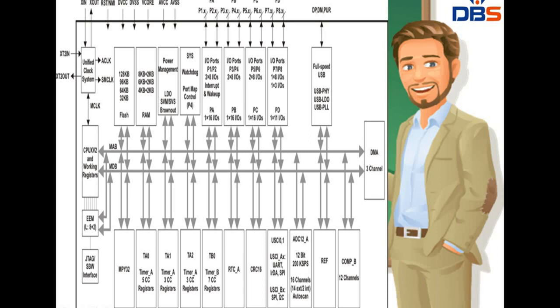Coming to the real-time clock, here RTC, this is configurable for real-time clock with calendar function. That means this real-time clock is used for calendar function in order to tell us the time, date, month, year, or in a format we have seen: month, date, year, time, that is hours, minutes, and seconds, etc. And it also provides interrupt capability. So that means here the RTC, real-time clock, is used for setting the time, and it is also used for the calendar.